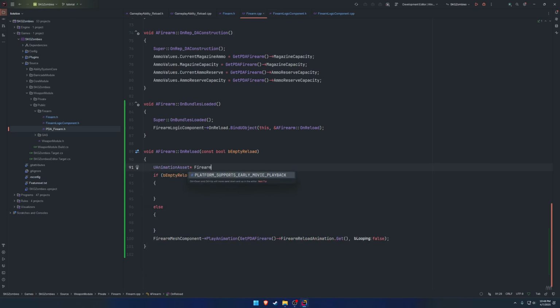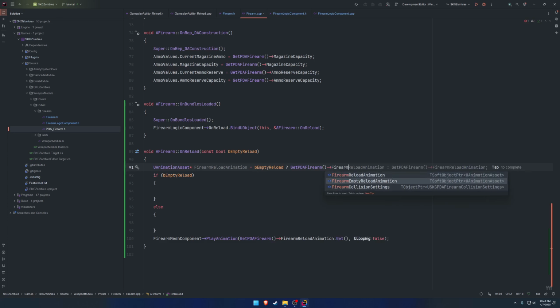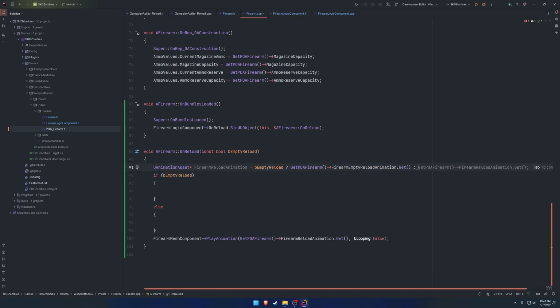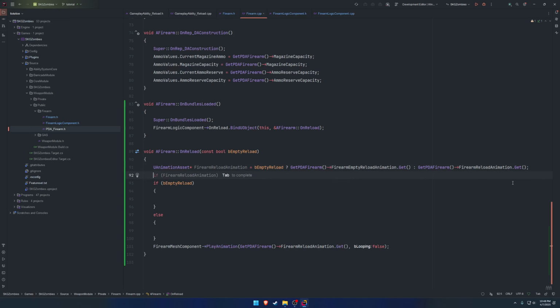So this will be the firearm reload animation. And this is going to be b empty reload, question mark. So that's going to be like our if else, so to speak. And if we are empty, we want to get the PDA firearm, and we want to grab the firearm empty reload animation, .get. Otherwise, we want to do the exact opposite, which is the get PDA firearm reload animation .get. Next up, we want the U anim montage, and this will be the pawn reload montage,